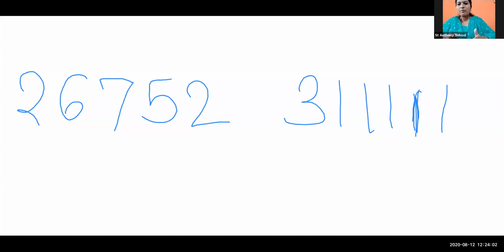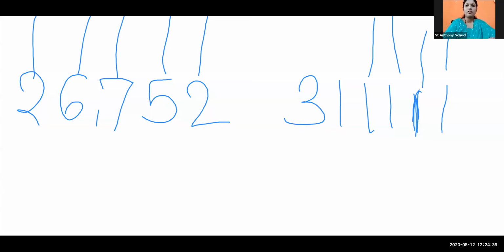First basic step, my dear students. Some students are giving wrong answers, some students are giving right answers. But to compare the numbers, the first basic step is what? To count the places. Here 5 places are there. Here a 5-digit number is there: 1, 2, 3, 4, 5. And here 1, 2, 3, 4, 5 and 6.